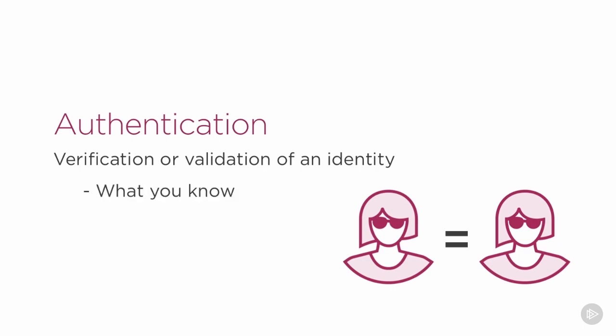There's three main ways we do authentication. We often use a secret, or what you know, such as a password or a passphrase or a certain response to a challenge. We can use what you have. Do you have an employee ID card? Do you have a token, a smart card? Do you have an RFID chip?